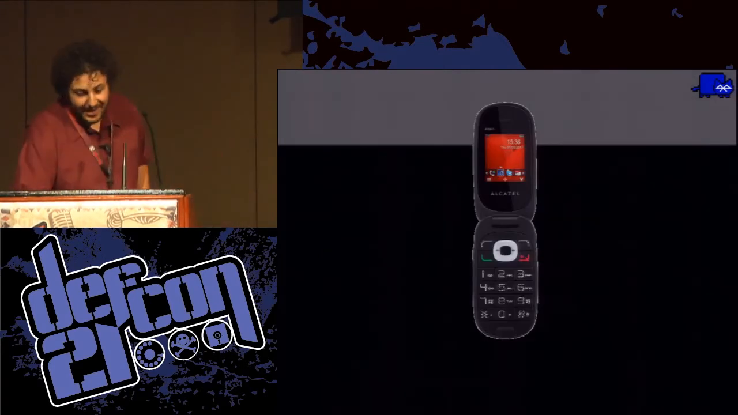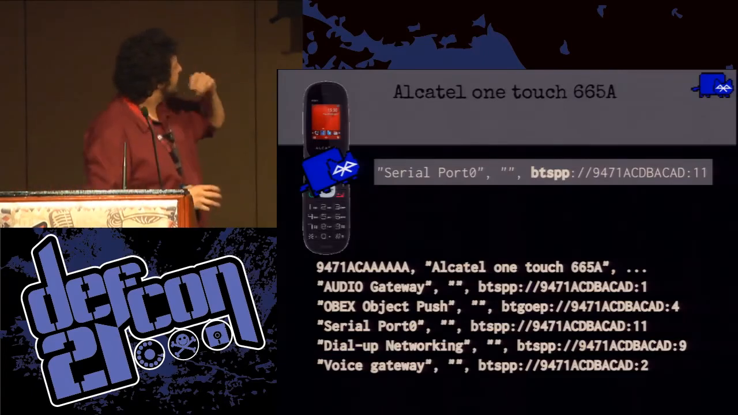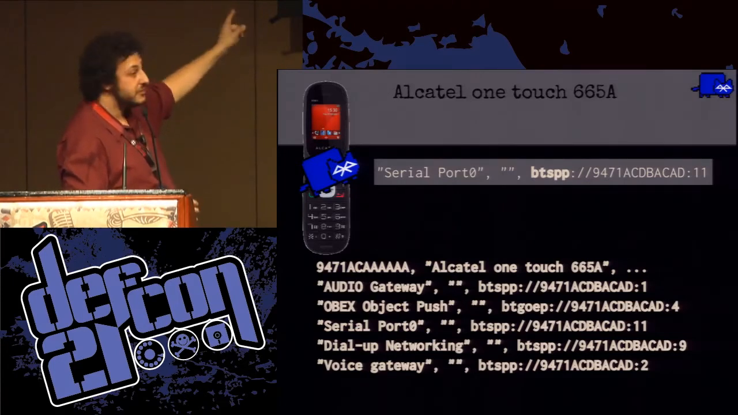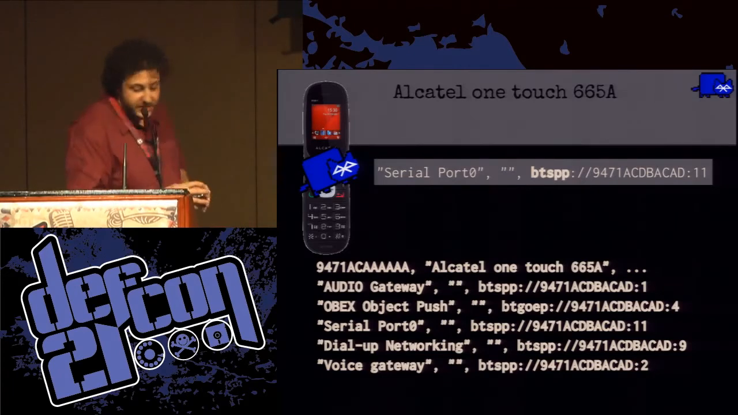So this is Alcatel, right? So let's take a look at Blucat. It gives us the device name, some audio gateway, object exchange, dial-up networking, right? So we can use it as a modem, and then we just have a serial port. So if we just connect to the serial port,